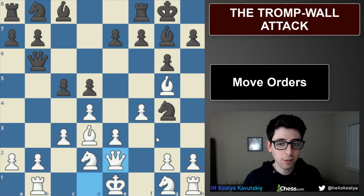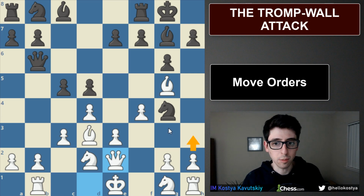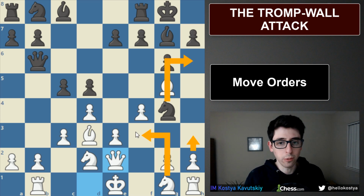If you do get this, I would just play queen e2 followed by h3 and kind of force your opponent to show their cards, because it's really hard to play like this with black from the opening. You know, you're kind of throwing your pieces out randomly, and you really have to make sure that your counterplay somewhat sticks, because if black is just forced to go back, white is just going to develop normally and have